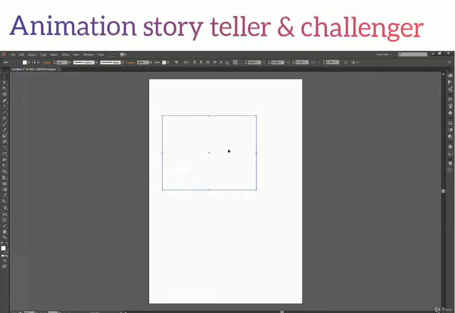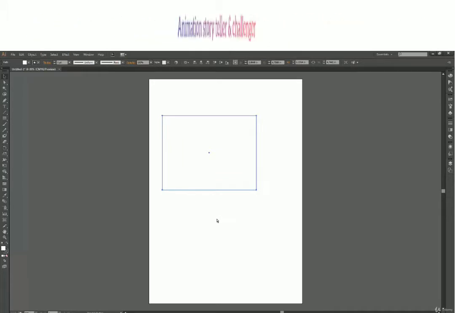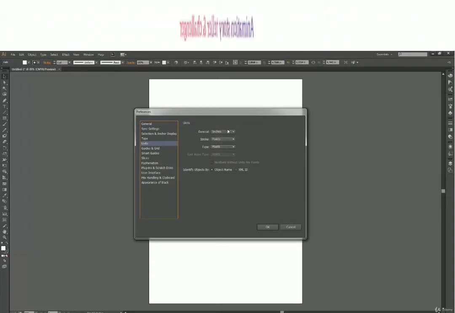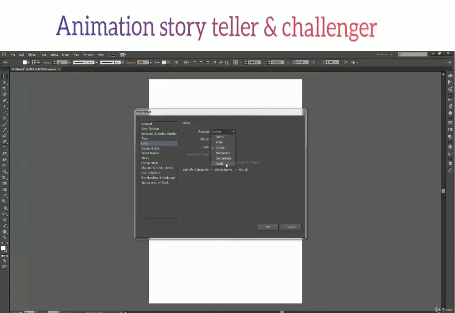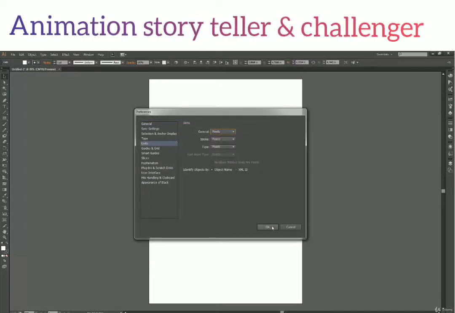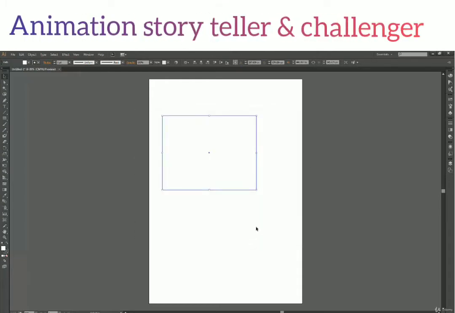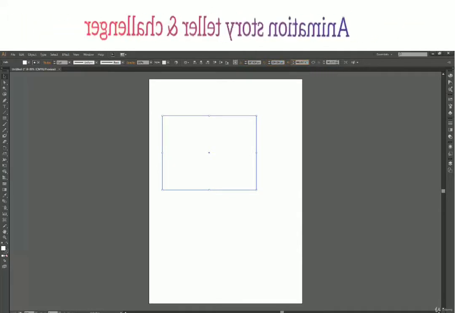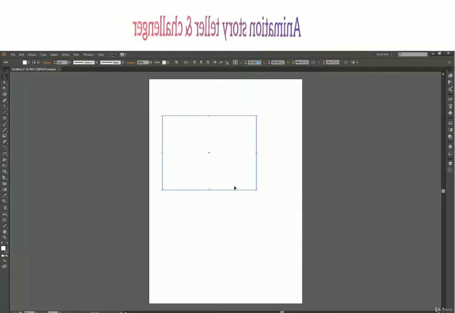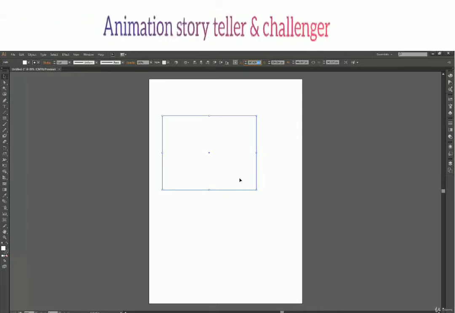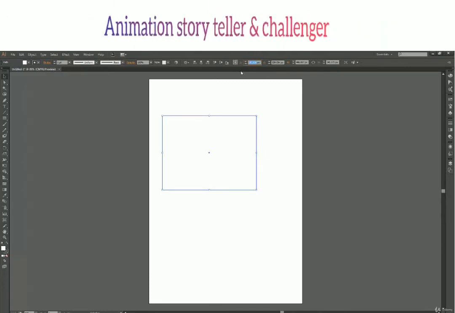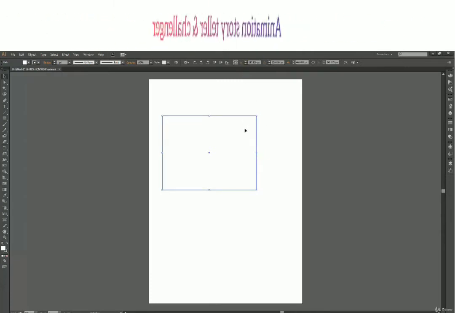Now we have freedom to change it. So let's say we press Ctrl K again and we go back to units, and from here instead of inches we can select pixels. So let's say I select pixel and click OK. So you can notice all these values, all these units have changed. From IN it has changed to PX, and PX stands for pixels. Now if you would have noticed, along with my units, my value also has changed. So I will show it to you again.